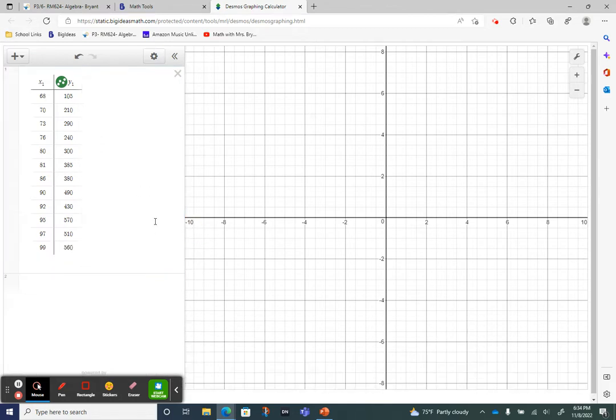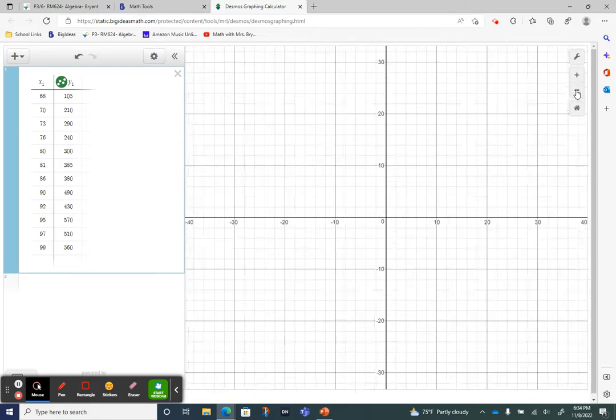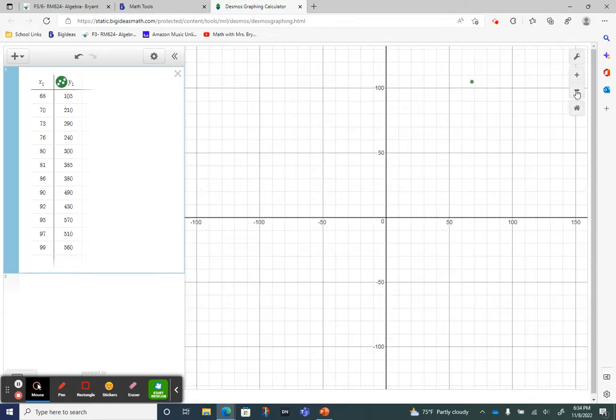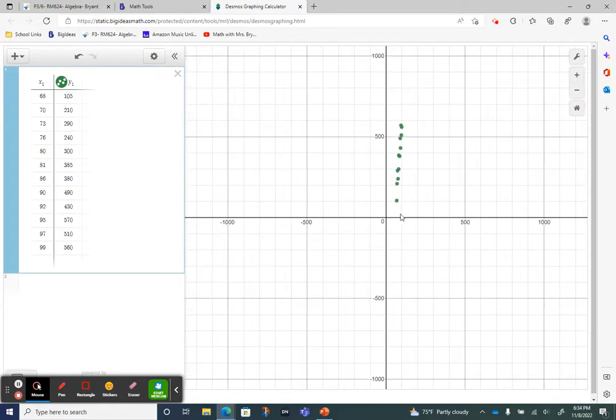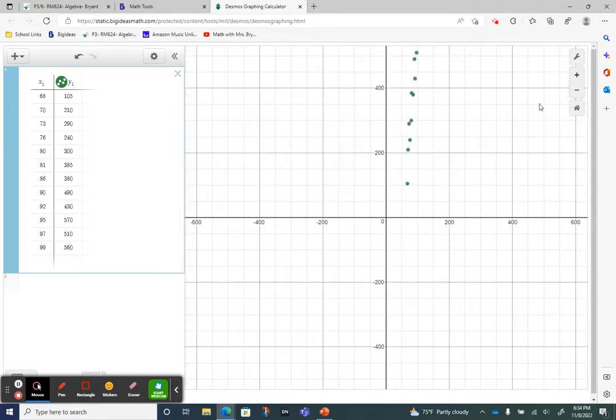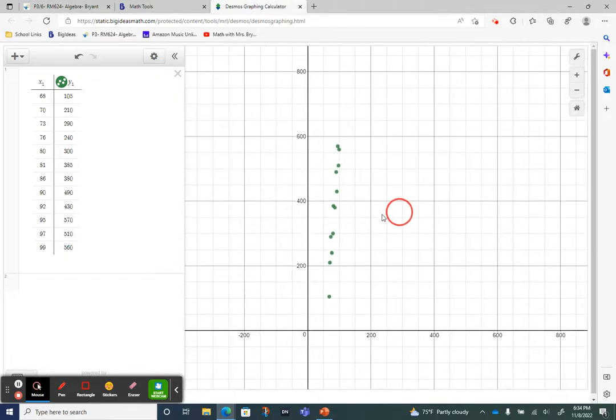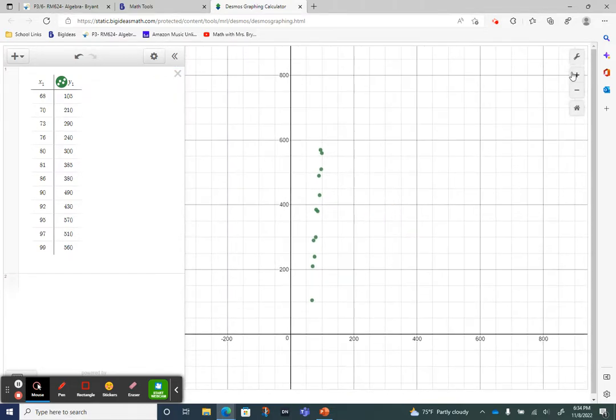All right. So now I can plot those points. Yeah, you can't see them. Why? Because my range is too small. So I have to zoom out. And here we start seeing our scatter plot. So when we're looking at this scatter plot, and I can move it so that you can see it a little easier,